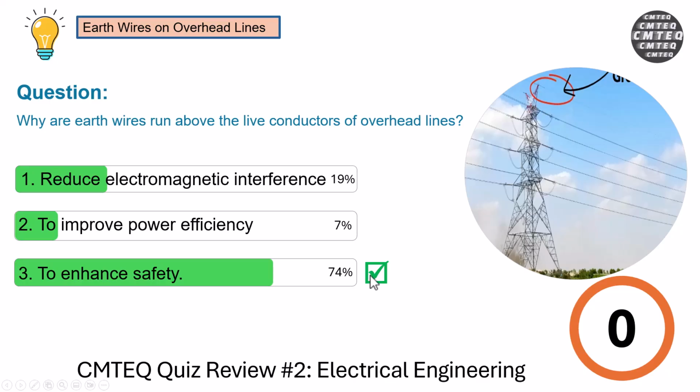Great stuff. This is indeed the correct answer. But why is it the correct answer? Because earth wires, as I've said earlier, run above, as you can see here, obviously to enhance safety. Now, why is this position? This position basically helps in protecting the live conductors from lightning strike and reduce the risk of electrical